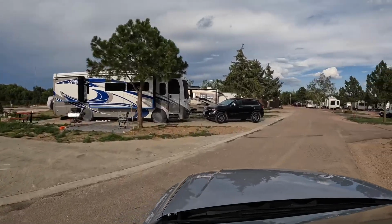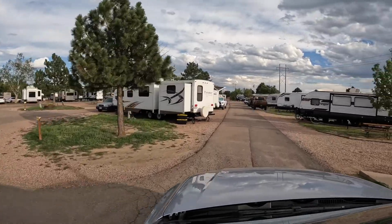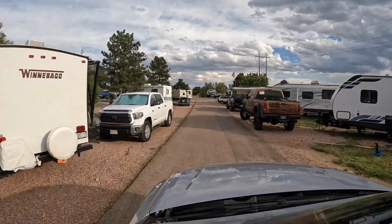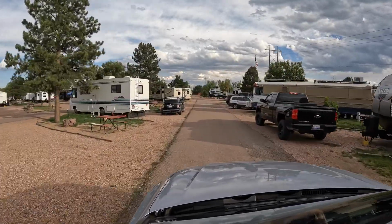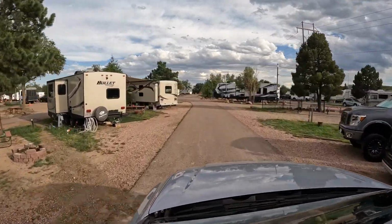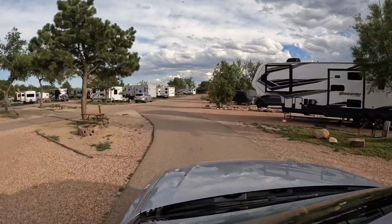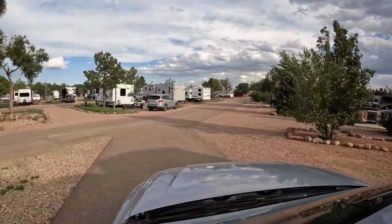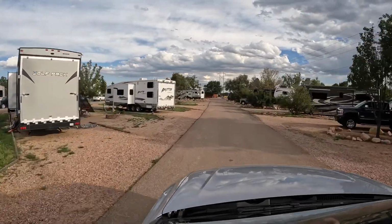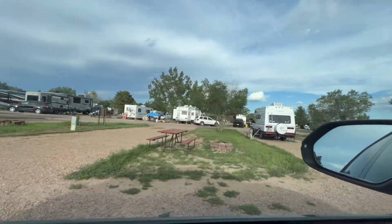Alright, and this is 172 to 165. You can see this road kind of splits off over here. Alright, we'll continue going down this way. And actually this is going to change the numbers a little bit, I'm sure, but what do we have? We now have 153, that's 152,